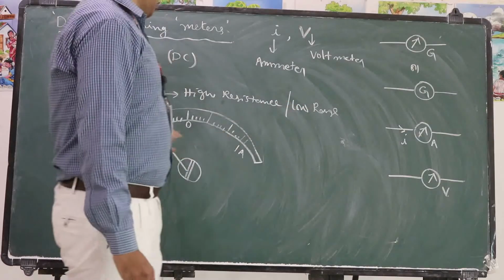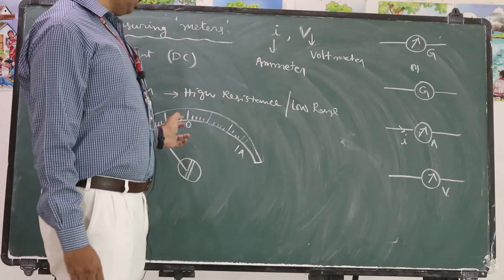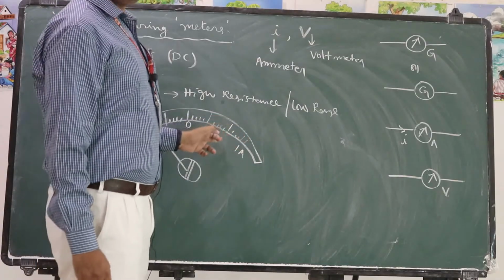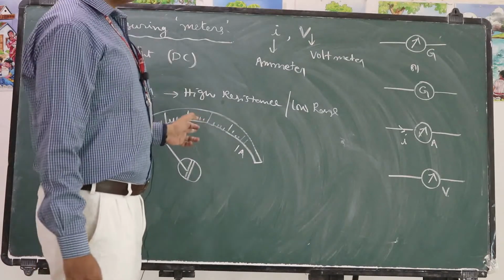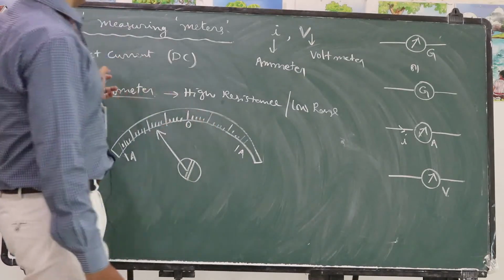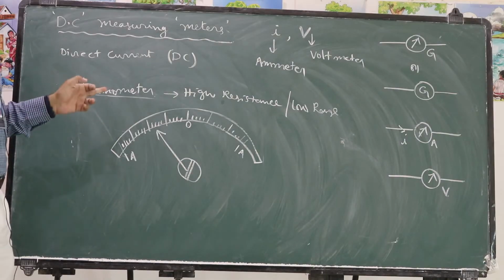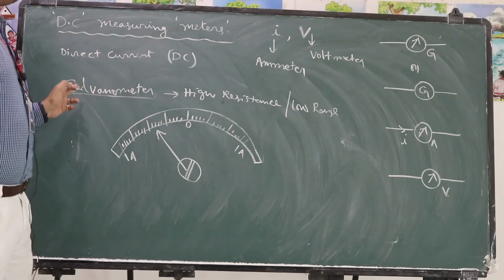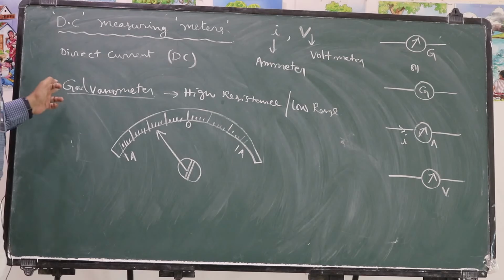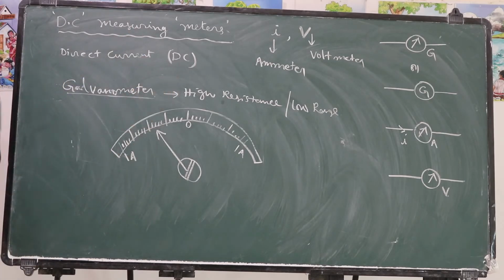In order to increase the range, that is, the maximum value up to which it can measure, called the range, since here it is having a small range. That means a few milliamperes can be measured with the help of the galvanometer. In order to measure a few amperes, we need to modify this galvanometer into an ammeter. In order to measure the potential difference between any 2 points in a circuit, we need to convert this galvanometer into a voltmeter. Let us see the conversion of galvanometer into ammeter.